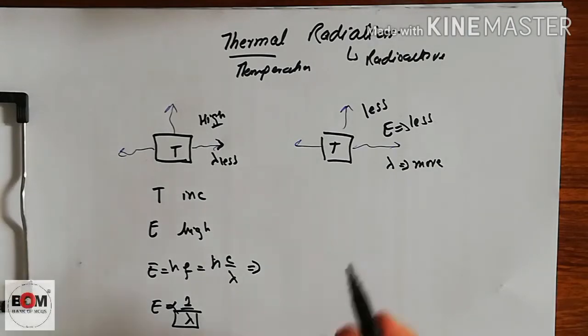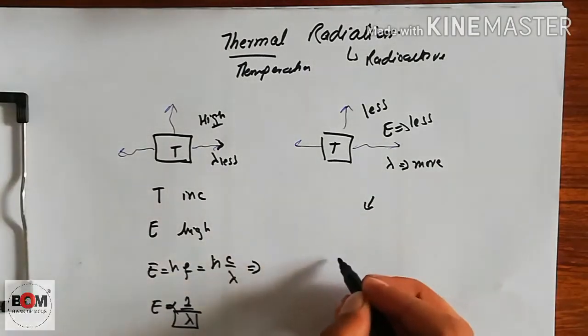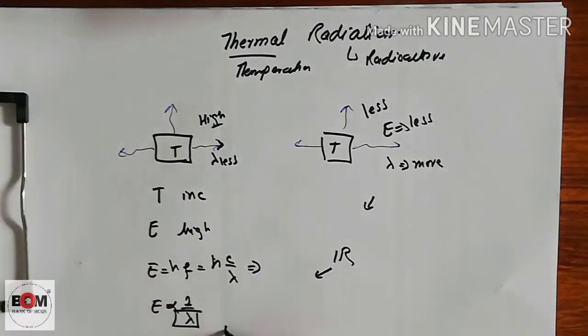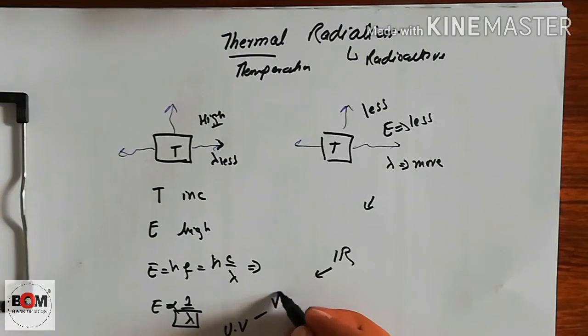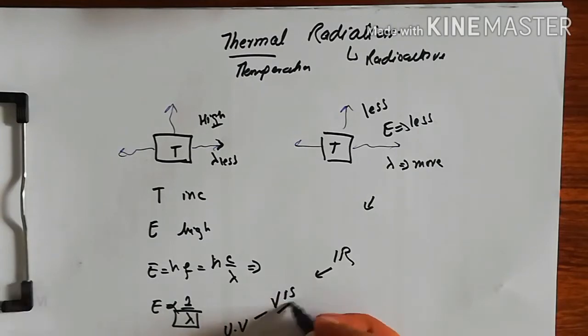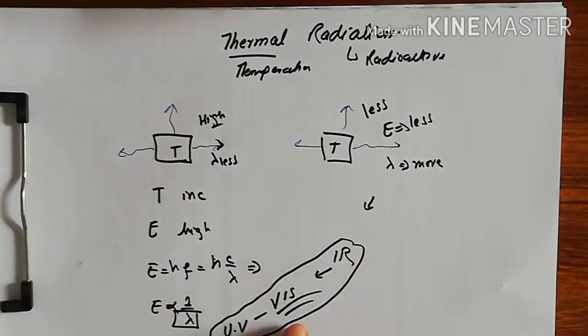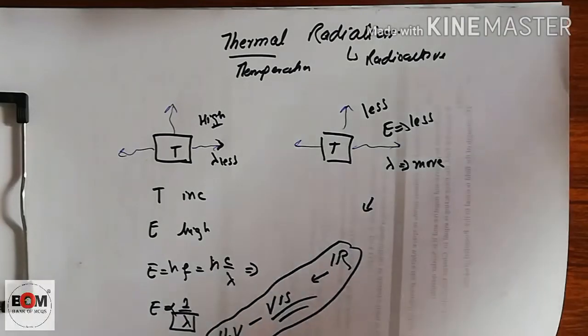So for low energy, the wavelength is in the infrared range, and for high energy it is ultraviolet, and at the center it is visible. So the ranges of rays start from infrared, pass through visible and reach ultraviolet. So this was thermal radiation. The next topic is